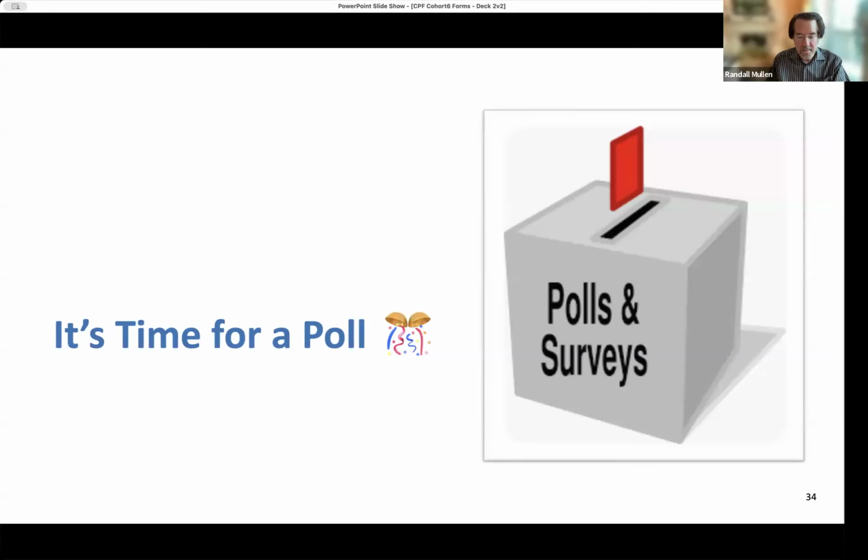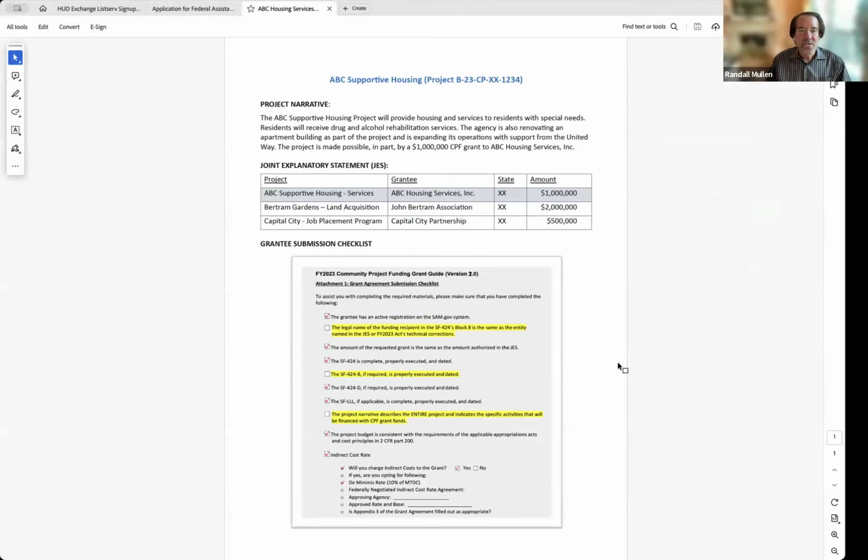Often a grantee might actually be unsure about certain items. And I want to share with you now the example, and I'm going to place this PDF file in the chat for all to access. I'm sending it now, and you should be able to open it up, but I will also share my screen with that very example. And this concerns ABC Supportive Housing Project, which is a fictional project that illustrates this point.